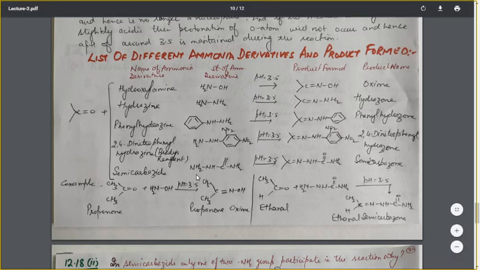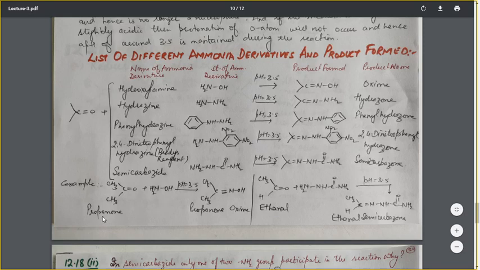And the last case is semicarbazide. This is the product. On the NH2 molecule, there is a species which is derived from the urea molecule. What is urea? Urea is NH2 C double bond O NH2. This is semicarbazide. And how will the reaction take place? Oxygen will combine with this H2 and a double bond is formed, and this compound is known as the semicarbazone.